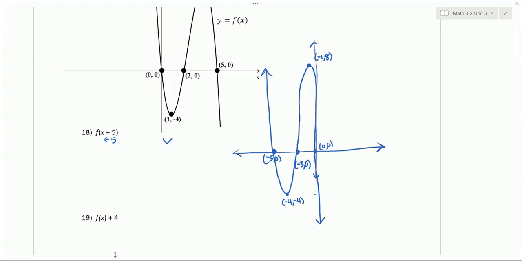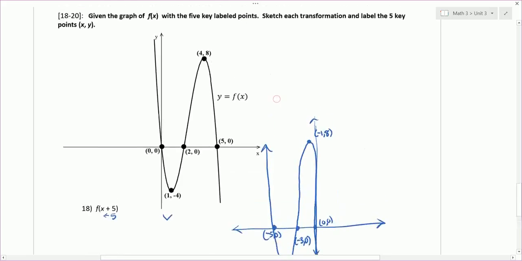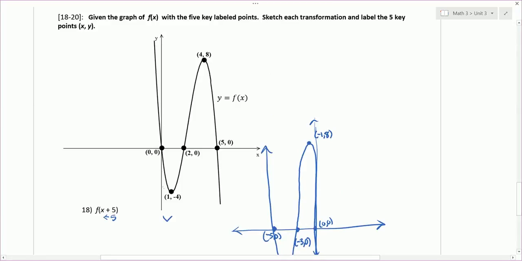Okay, number 19. We have f of x plus 4. So what that's going to do is move everything up 4 units. Okay, so let's look at the original graph. And if we take each point and move it up 4 units, what's happening here? So originally it was 0, 0, so now it's up at 0, 4,